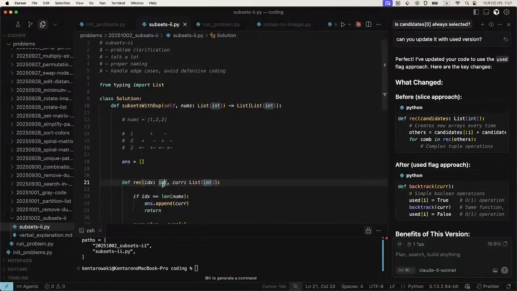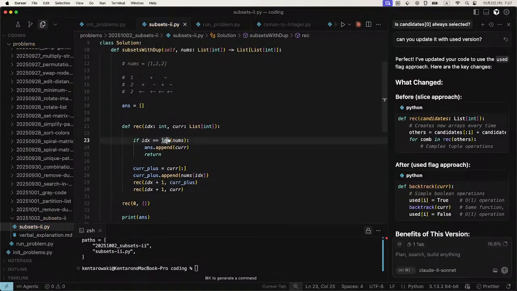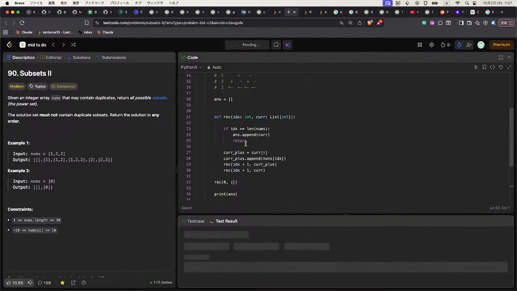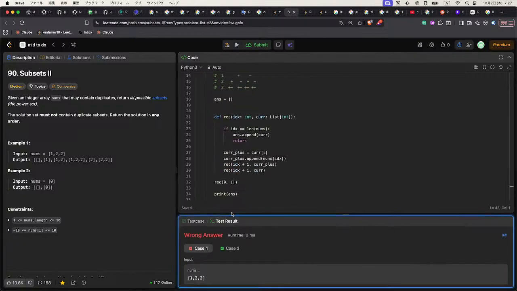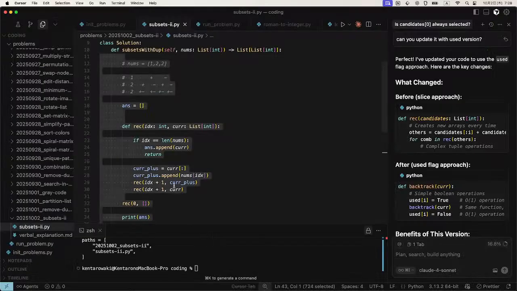Oh, this is a typo. Okay. Yes, as expected, maybe 1 1 2, 1 2 and 2 2 2. Yeah, there are duplicates, so we have to